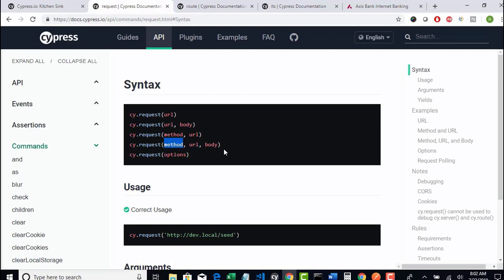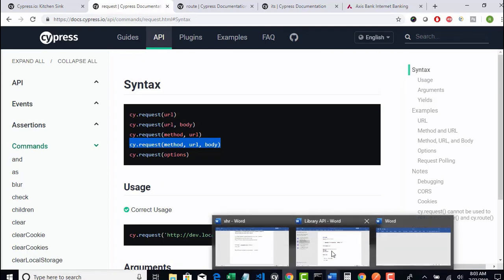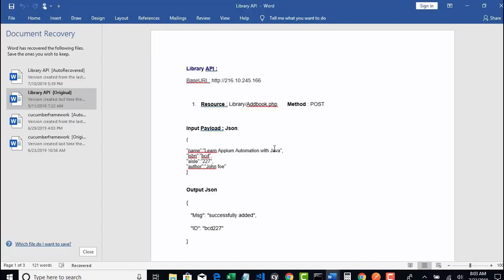And if it is a post, then you have to give the body JSON payload of hitting that API. All those details, if you pass into this request command, then this will hit the API call and get the response back as a promise. You have to resolve the promise and extract the response object so that you can put validations on that. It's very, very simple. Firstly, to demonstrate that, I will open one of my own APIs, whatever I designed for